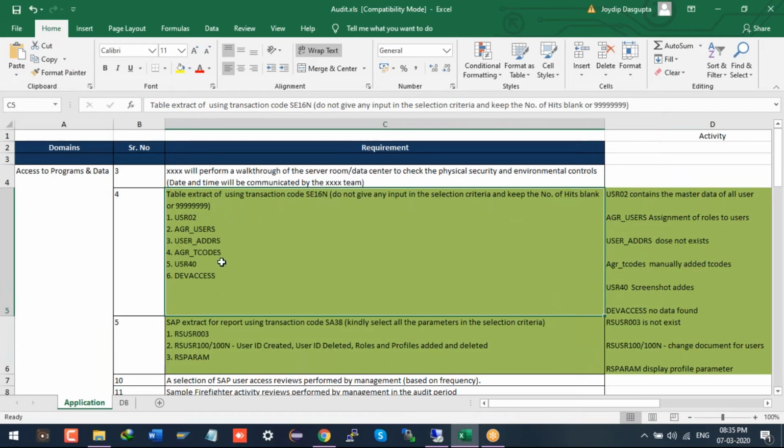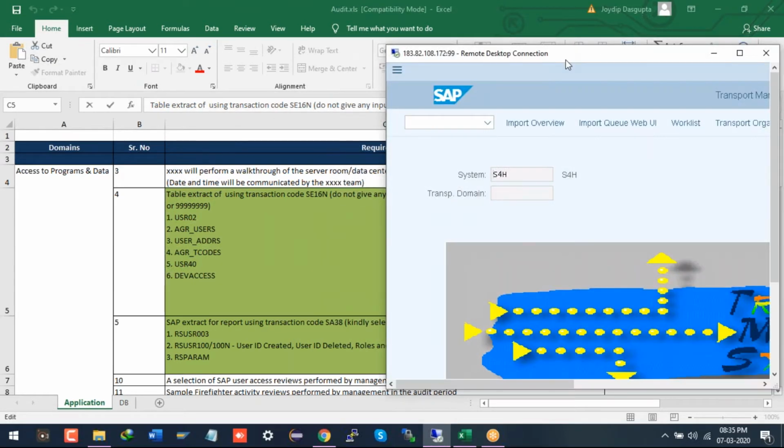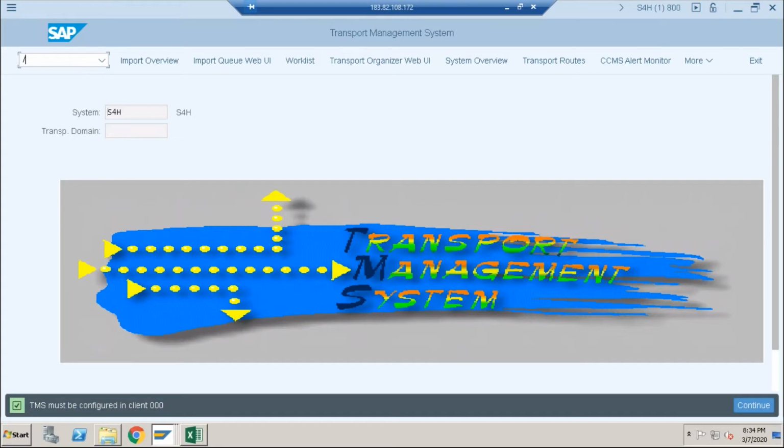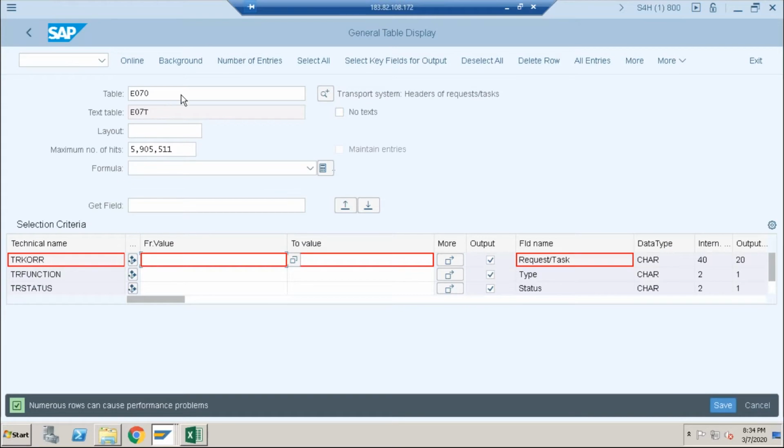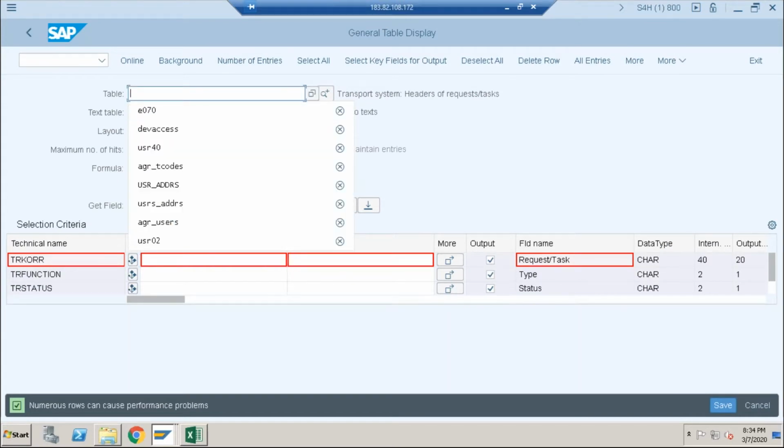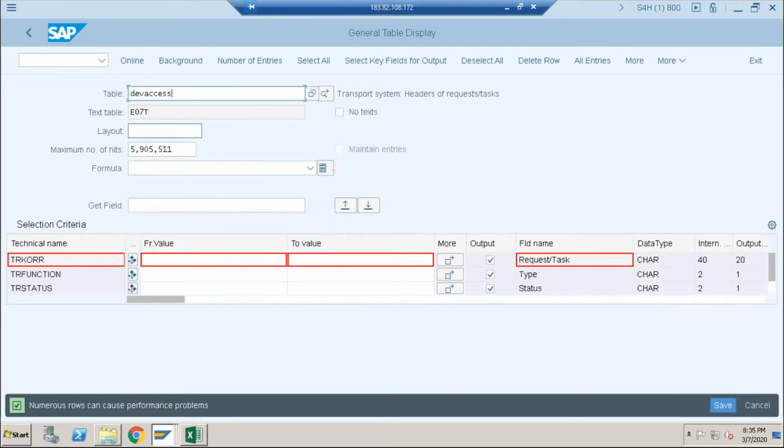You're getting the idea. Okay. And sir, how can I check this dev access? Yeah, that is also a table only, no? Actually, everything is tables only. Who are having development access, developer key. Okay. So dev access. Click on execution.